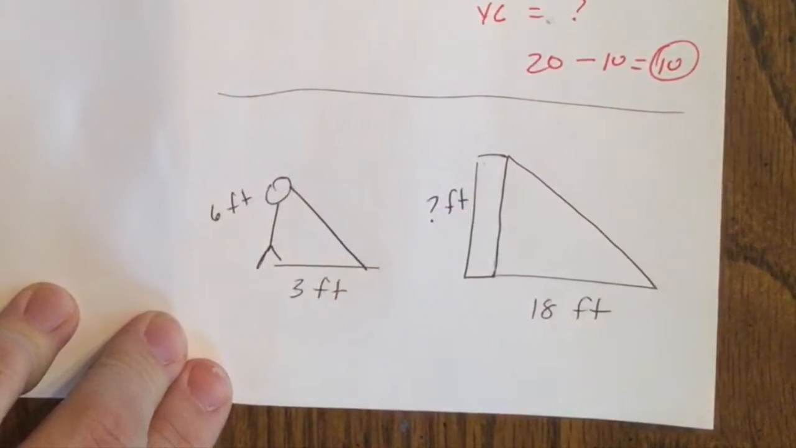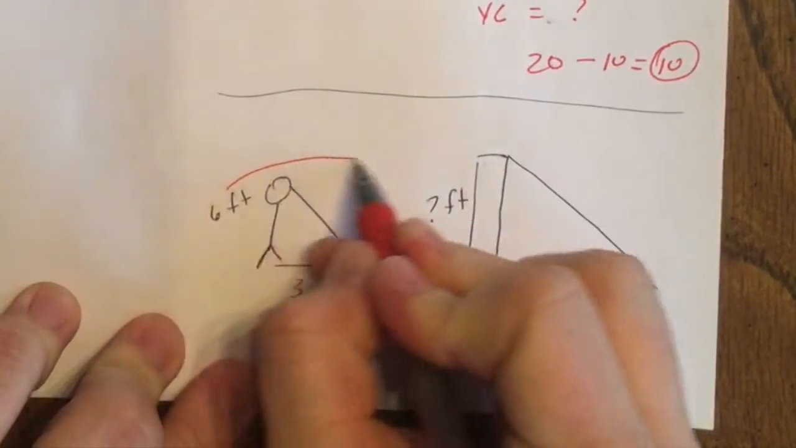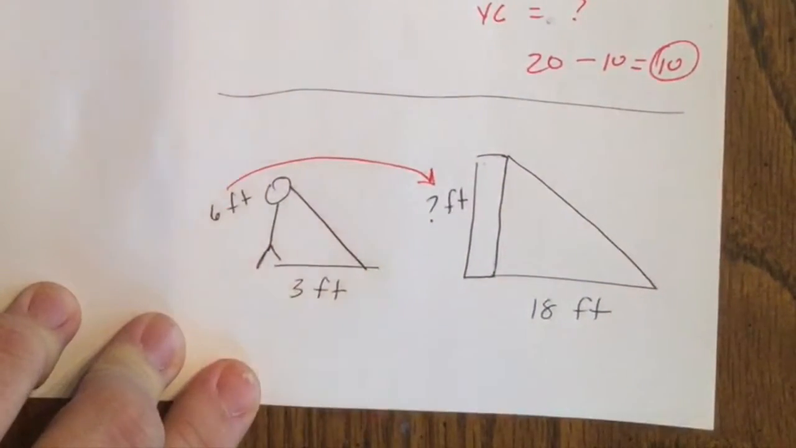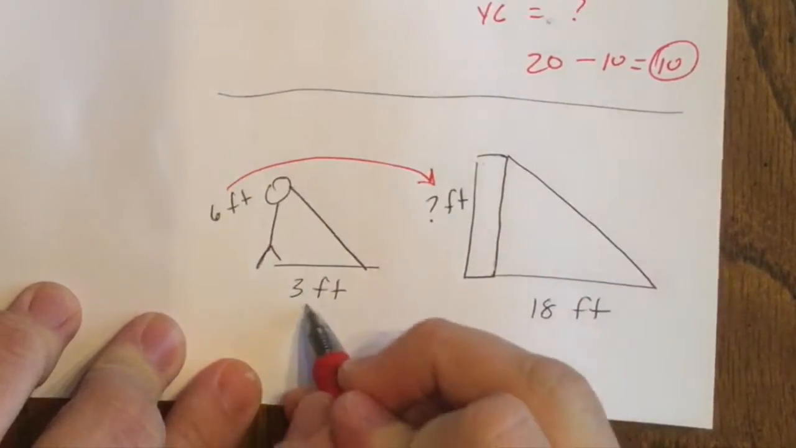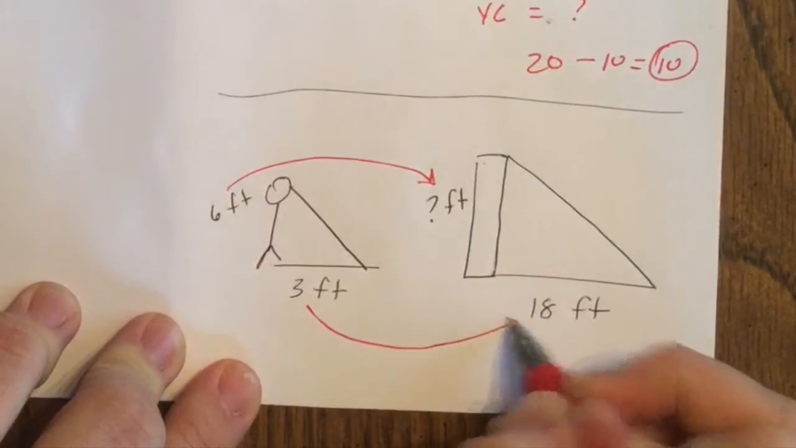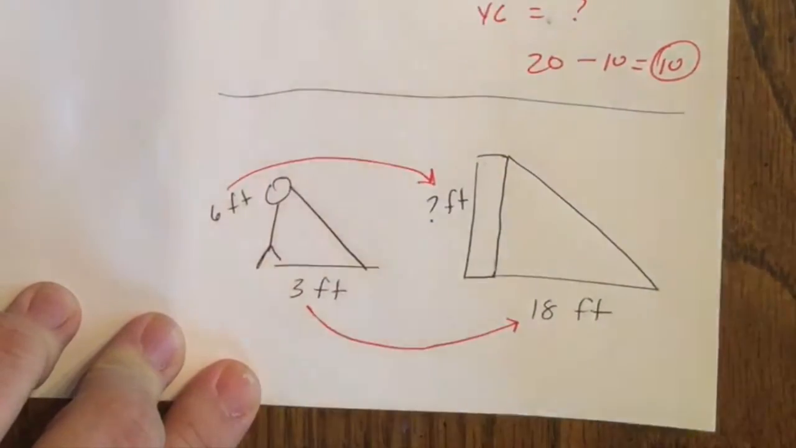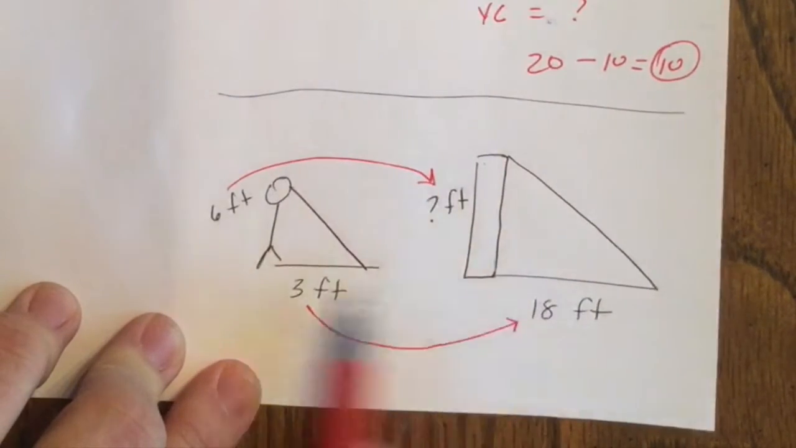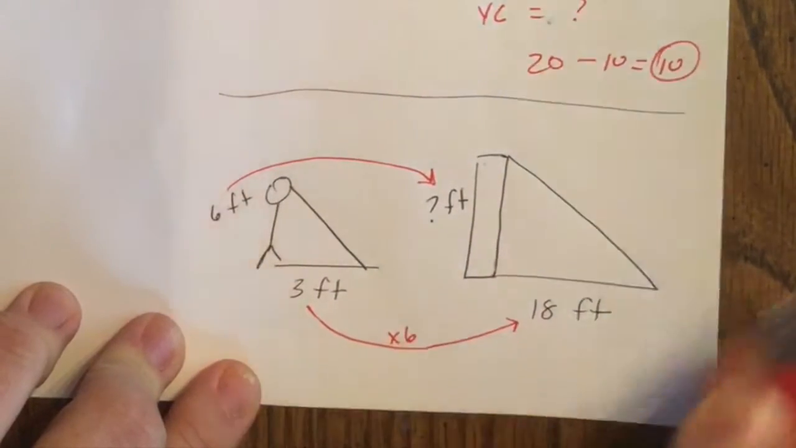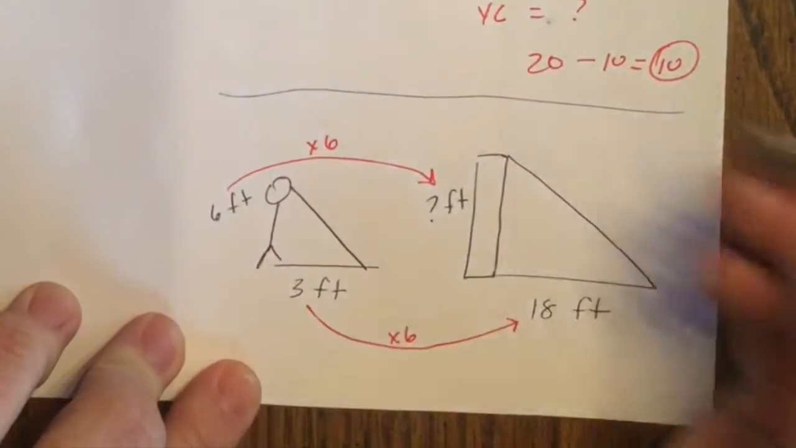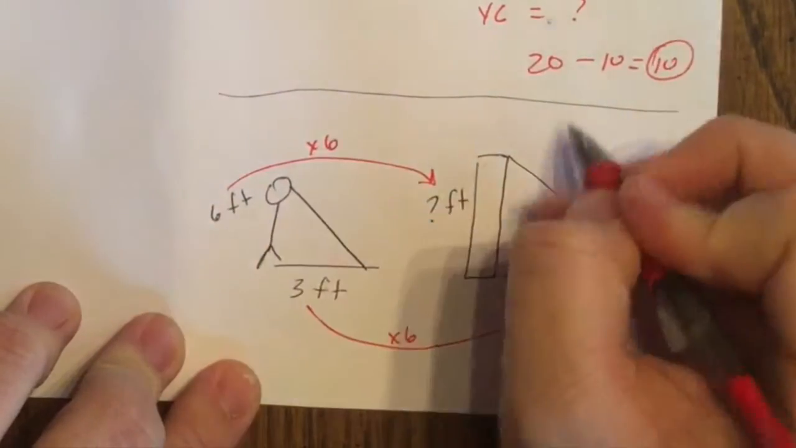All I have to do now is find a scale factor and apply it. I know I'm going from 6 to question mark. If you're not drawing these arrows, I highly suggest that you do that. That keeps things straight. Going from 3 to 18. Notice how all of my arrows point to the larger figure because that's where my unknown is. 18 divided by 3 is times 6. I'm going to take 6, multiply it by 6, and I'm going to get the height of the fire tower